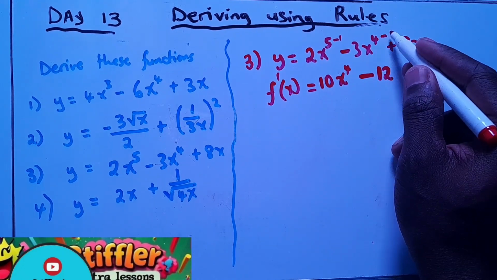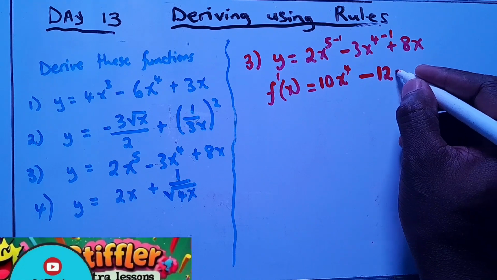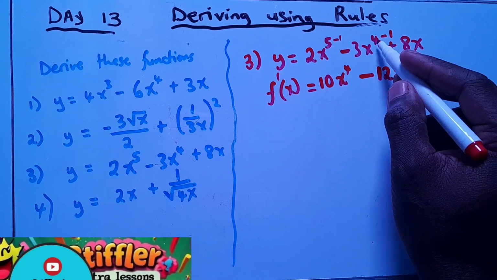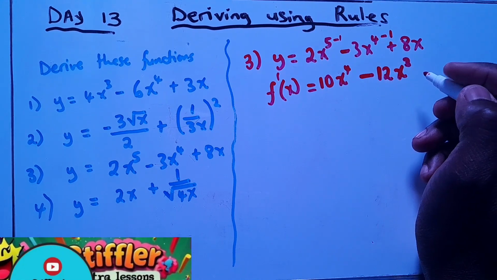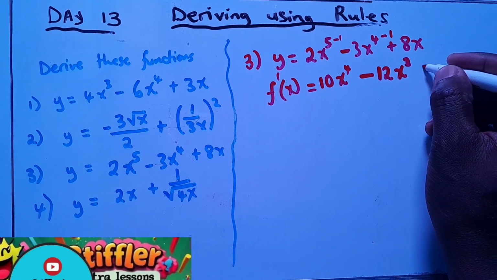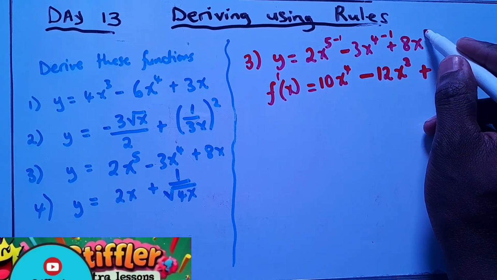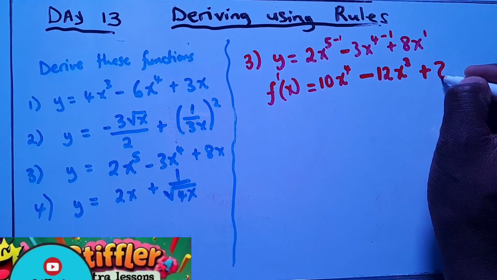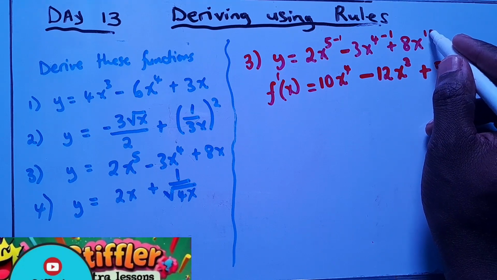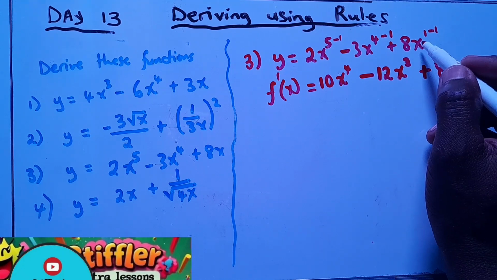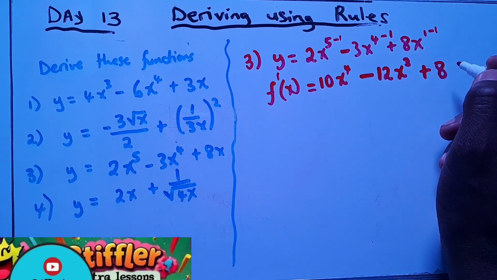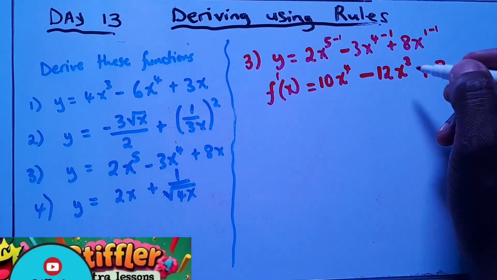And then here again, I said we subtract 1. So this will be x to the power 4 minus 1, which will just give us 3. And on to the last term, again, this is 1. 1 multiplied by 8 just gives us 8. And if you say 1 minus 1, it is 0. So anything to the power of 0 is 1. So 8 multiplied by 1 is 8. So we have